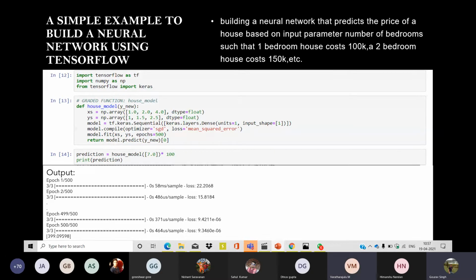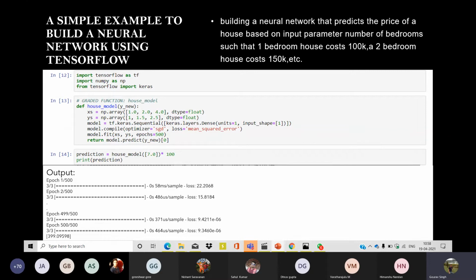So now, developing our baseline model, we have taken the number of bedrooms as our X parameter: one bedroom, two bedroom, four bedroom. And for Y we have 100K cost and 150K cost. You can see that I have used 1.5 instead of 150K. Actually, I did this to make the values comparable so that our model works best and predicts values well. This is called feature scaling. I have scaled my data.